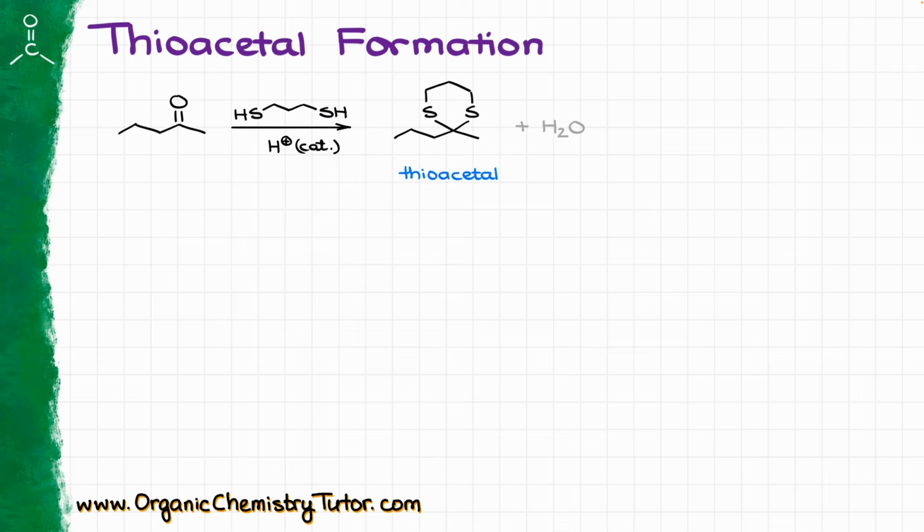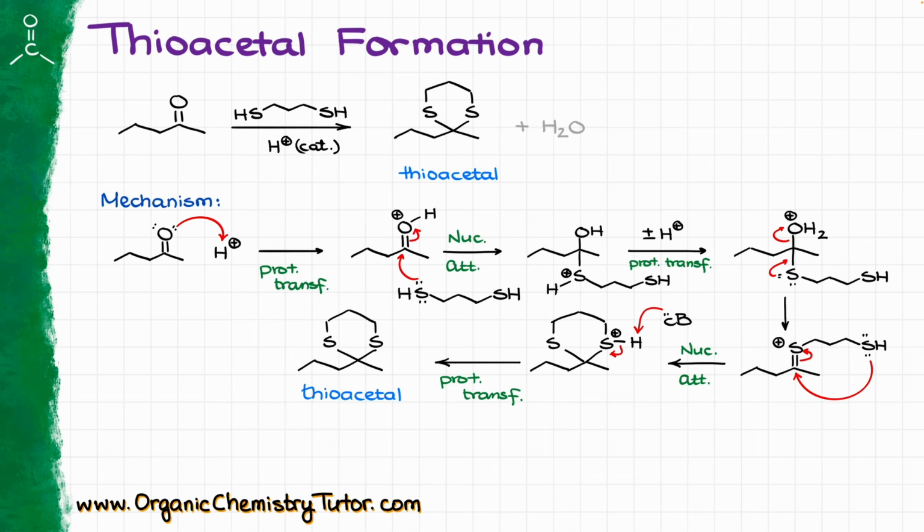And the product that is extremely similar to the acetals is going to be thioacetals. Thioacetals are extremely similar to acetals, but we have sulfur instead of our oxygen atoms. Importantly, due to the higher nucleophilicity of sulfur and higher stability of thioacetals, we typically do not see hemithioacetals. So looking at this mechanism, I am going to produce the hemithioacetal in the middle of this reaction, but we're never going to even talk about that because the reaction typically goes all the way to completion,